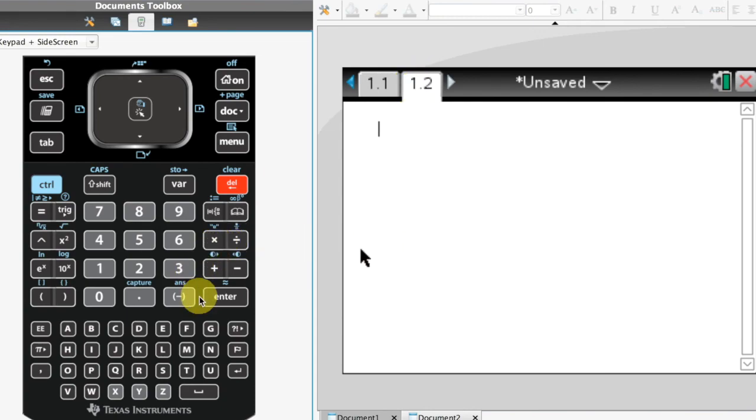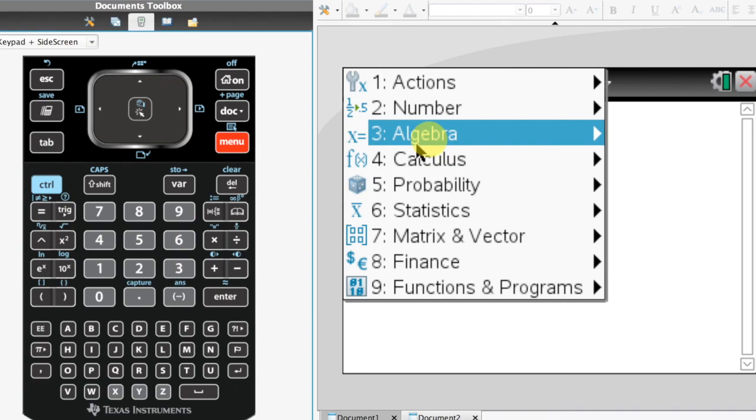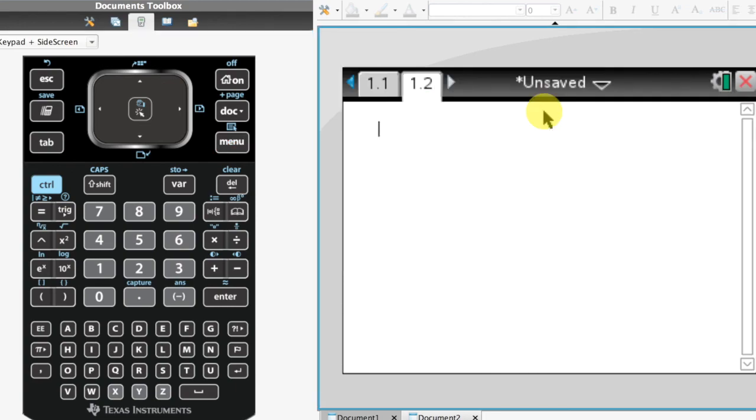So the equation was -4. And we won't put the equation in straight away, will we? That'd be a silly thing to do. We're solving, so it's menu, algebra, and solve. And now the equation, -4,